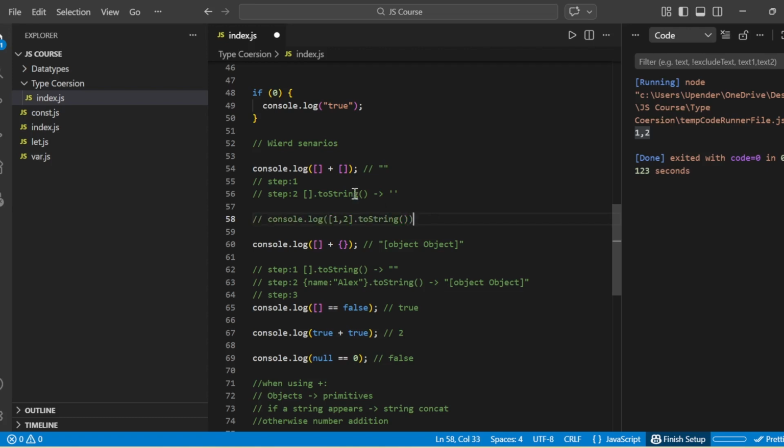So here, the empty array is converted to an empty string, plus the empty array is again converted to an empty string. Now the addition becomes empty string plus empty string, which results in an empty string. Now the second example, again objects. Array is an object, object is an object. The plus operator triggers conversion. So this is converted to an empty string, and the object becomes